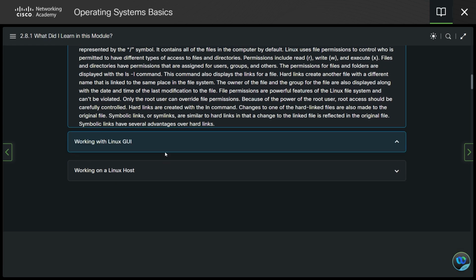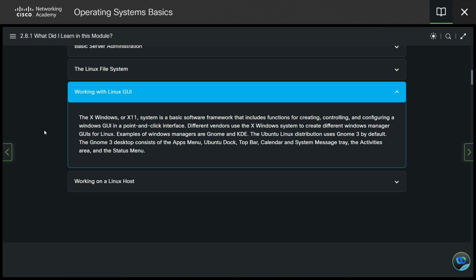In working with the Linux GUI, the X Windows or X11 system is a basic software framework that includes functions for creating, controlling, and configuring a windows GUI in a point-and-click interface. Different vendors use the X Windows system to create different window manager GUIs for Linux. Examples of window managers are GNOME and KDE. The Ubuntu Linux distribution uses GNOME 3 by default. The GNOME 3 desktop consists of the Apps menu, Ubuntu Dock toolbar, Calendar and System Message tray, the Activities area,